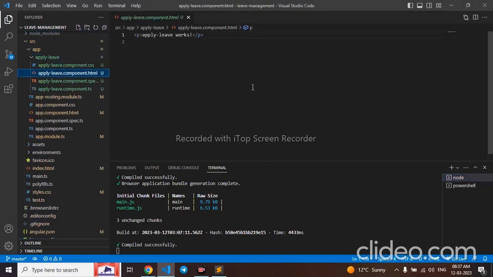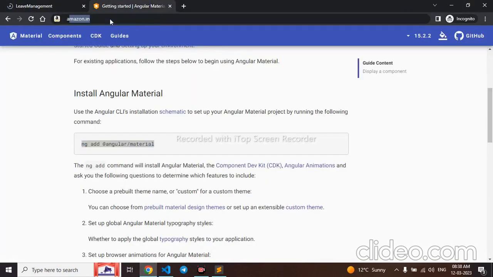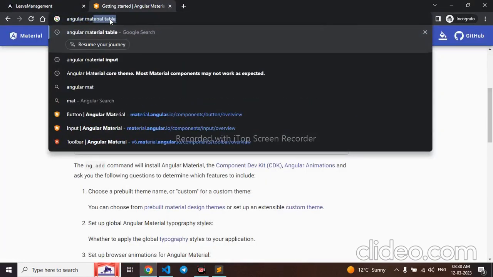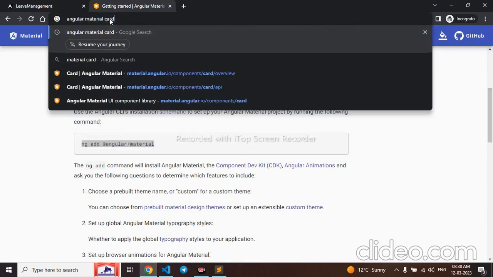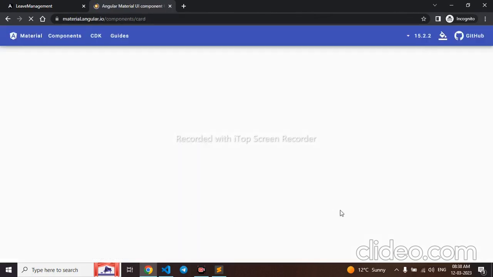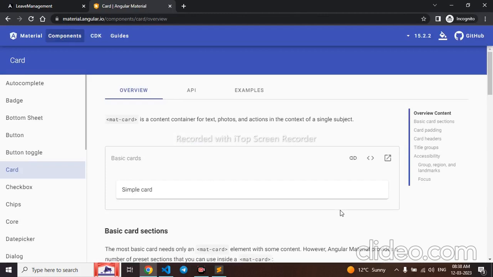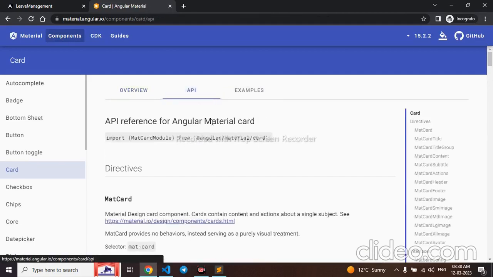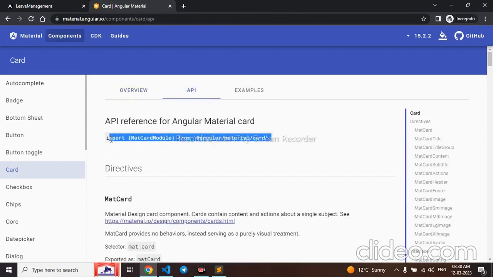Here we'll be doing the first page. First I need a card of Angular Material. Let me remove this. I'll go to Google, type Angular Material card. I'll go to the first link. Copy the API of it. Let me copy this